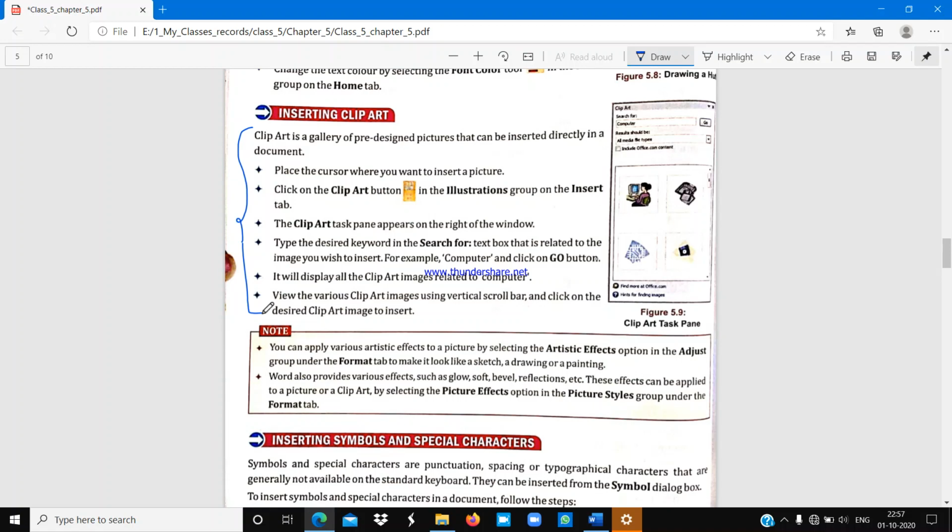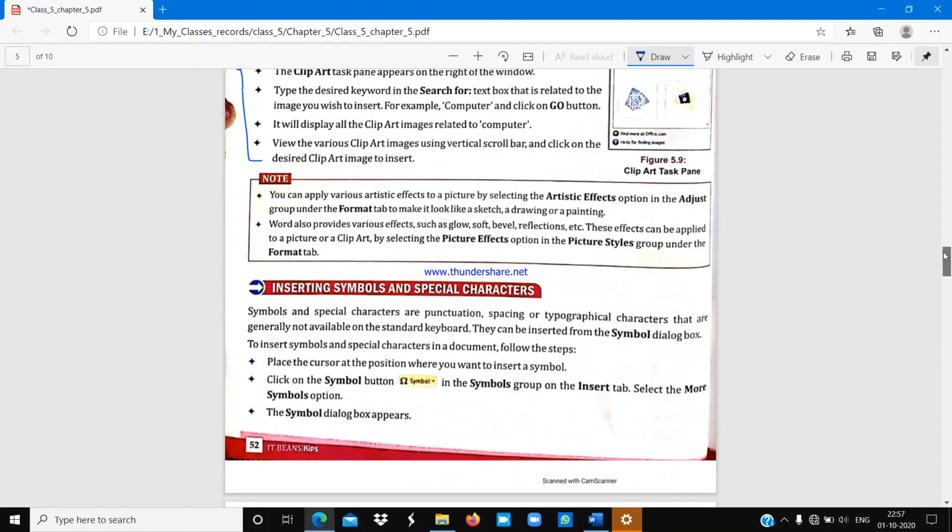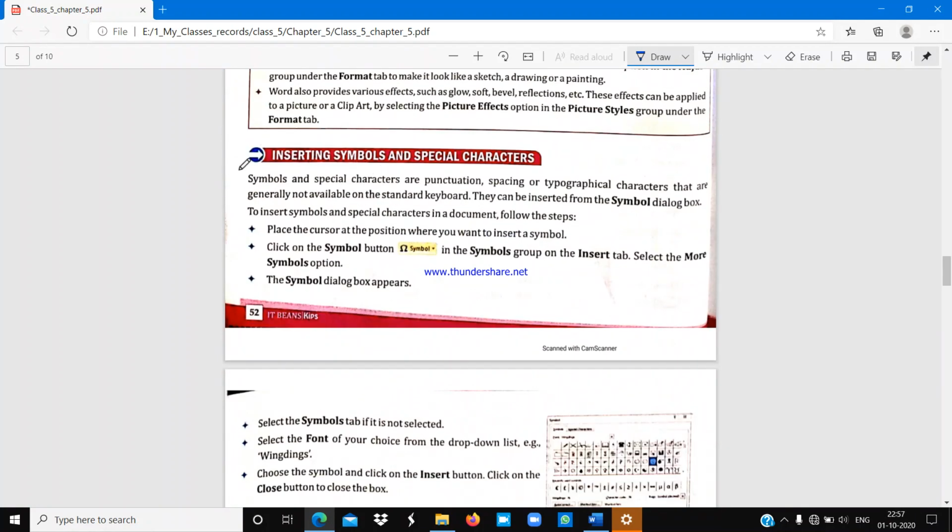Okay, now I'm going to start the next topic, inserting symbols and special characters. Symbols and special characters are punctuations, spacing or typographical characters that are generally not available on the standard keyboard. Okay, before starting with this topic, that is, how we can insert symbols and special characters in our document,